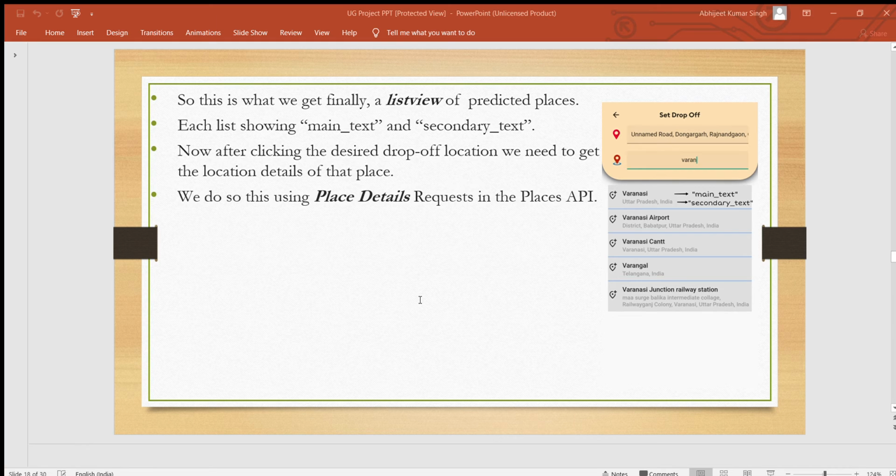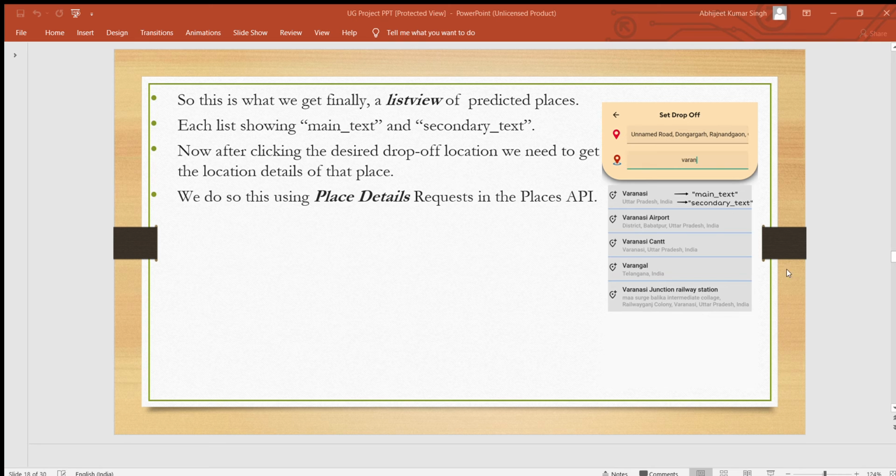So after all this, we have the following: place name, place ID, latitude, and longitude. This information is sufficient to get and show the following features further: obtain directions from the user's location to the destination, calculate the distance of destination from current position, plot polylines using the directions, showing the route and markers.